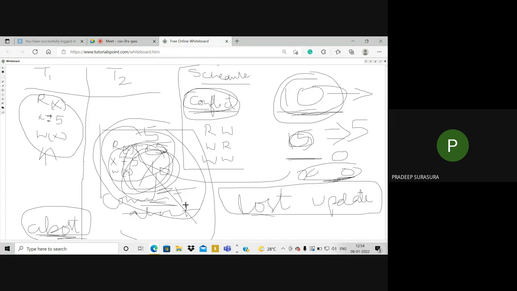This is the lost update problem. Whatever I did, the last updated value is lost because this transaction executed abort. Hope you guys are understanding. So first was 10. I did minus 5 here, and I read the value 5,